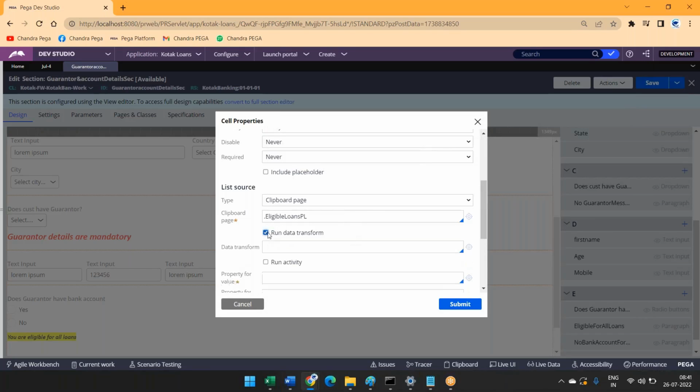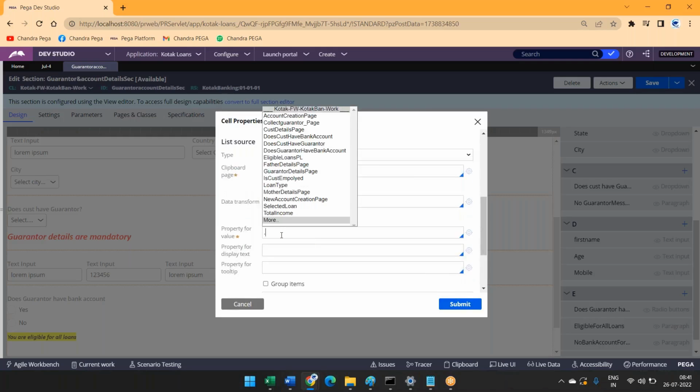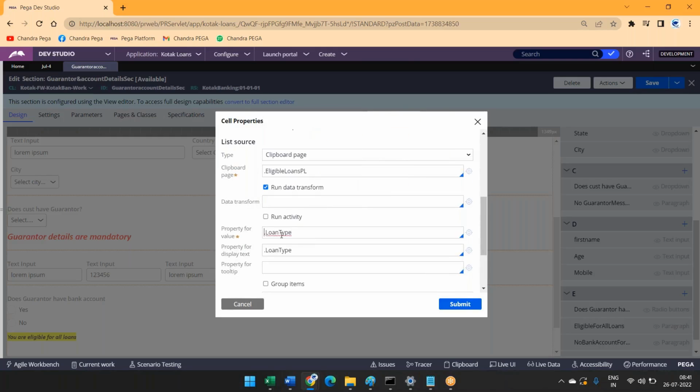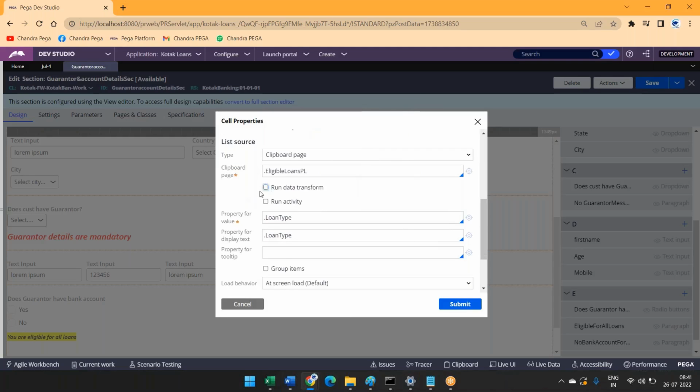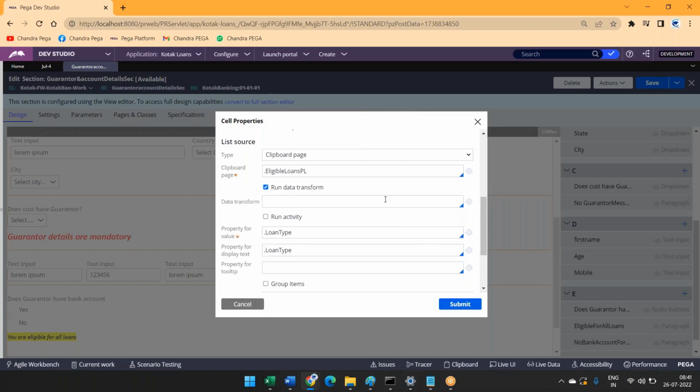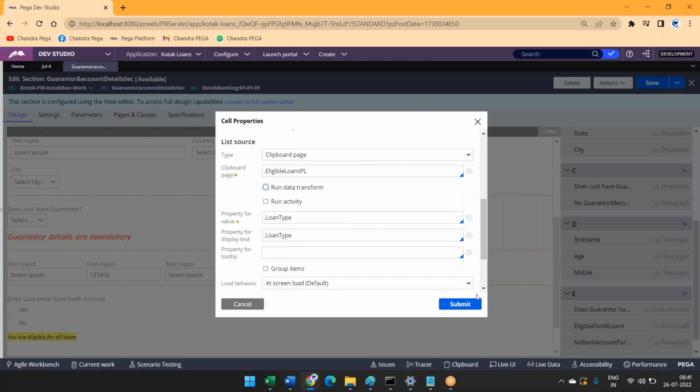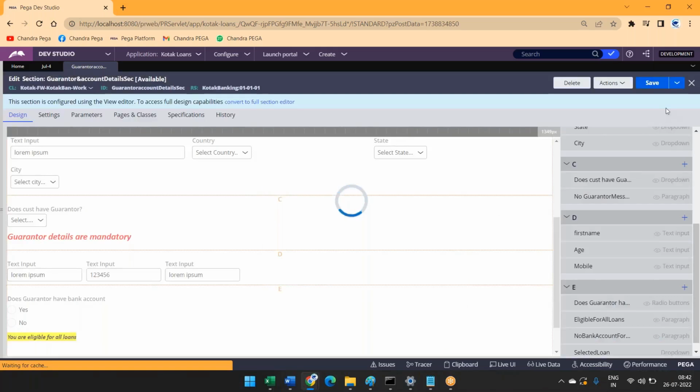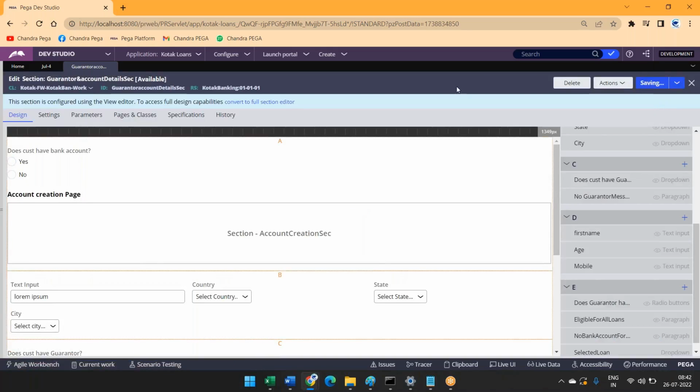So if I select this one, it will be asking us to enter the data transform name. So we have to create one data transform first. So for now, I am selecting loan type as the property. Okay, loan type as the property. And here I am trying to create one new data transform. So for now, just to save this, I'm unchecking and I'm submitting it just to save this. So we have to create one new data transform,